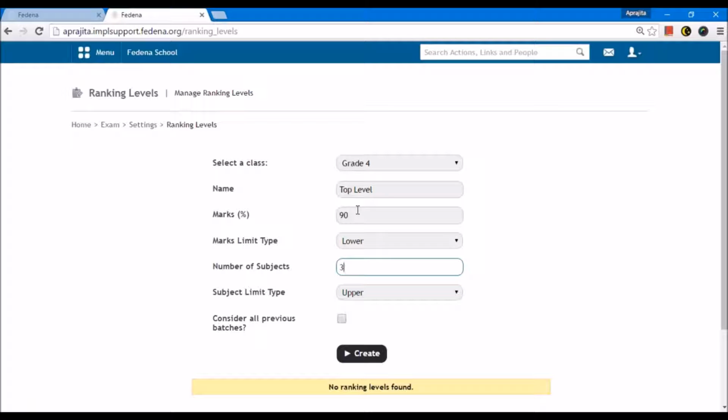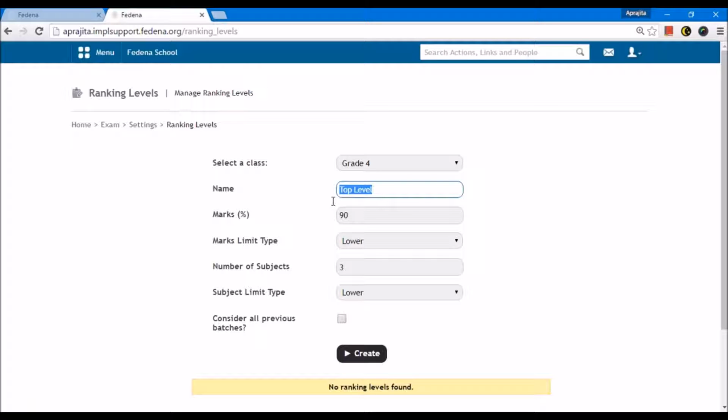And if the student is getting 90 and above for, let's say, 3 and more subjects, so again, I'm selecting the subject limit type to be lower, meaning 3 and more. So this criteria now I've set. This criteria means that if the student is having 90 and above in 3 or more subjects, he should be given the rank called top level.